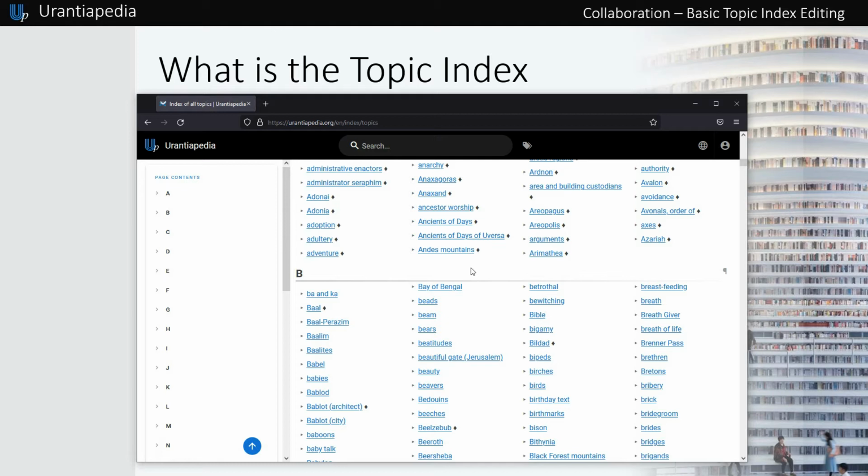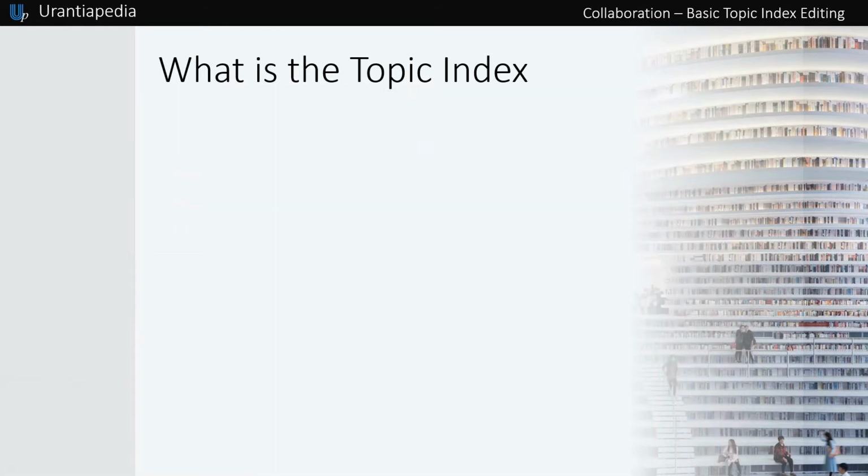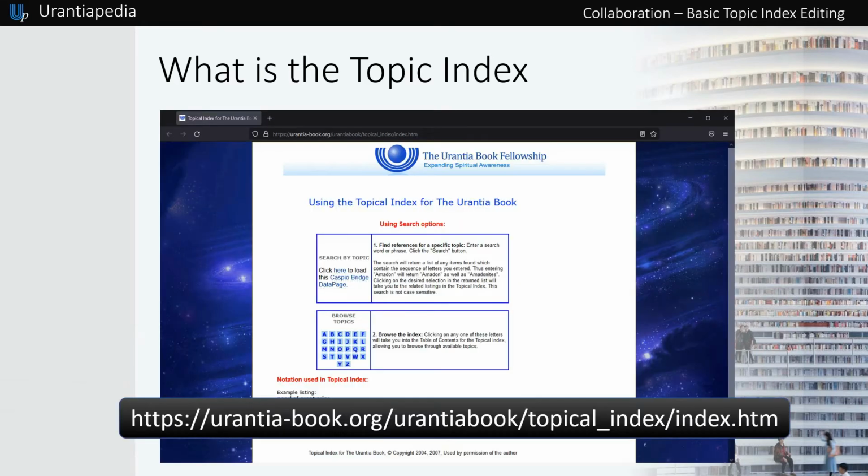The topic index has been created using an existing index created by the Urantia Fellowship for the Urantia book. This index, however, is very short in the text it contains, so to use this index as a guide for the creation of Urantiapedia topics, we need to rewrite the text in the Fellowship index.